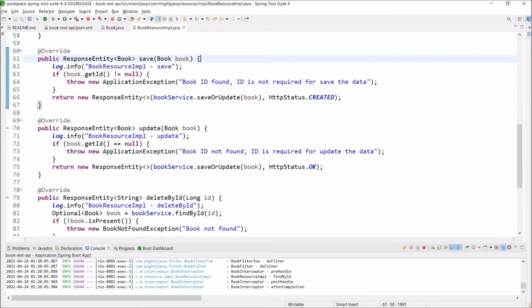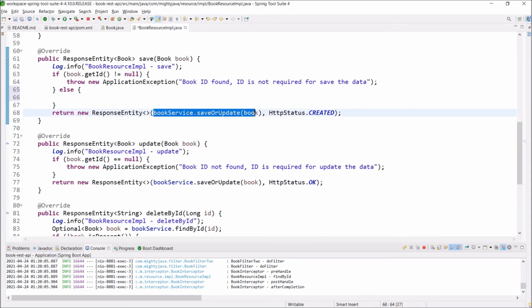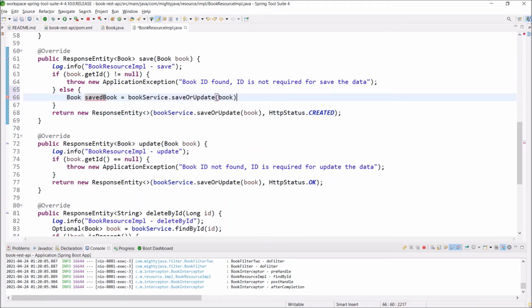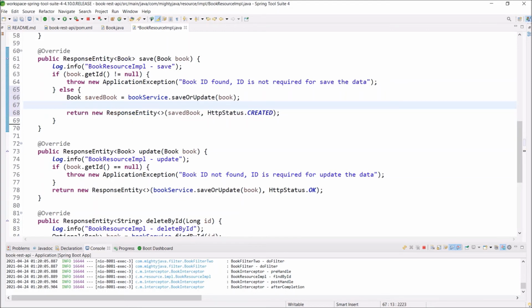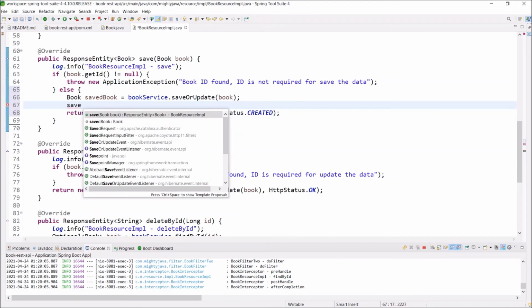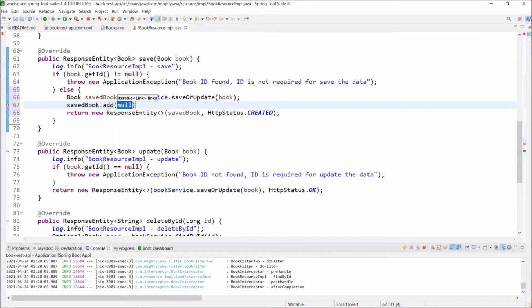Now let's add a link for save and update also, just following the similar approach. But here I am going to add two links, one for findAll and one for findById.